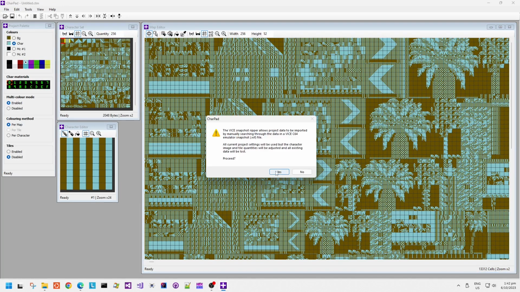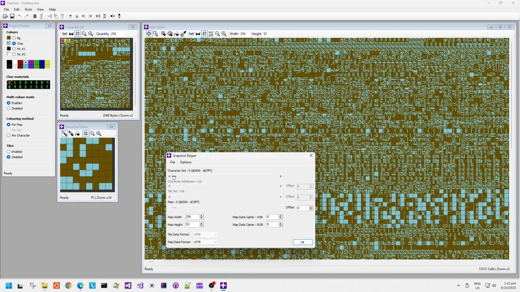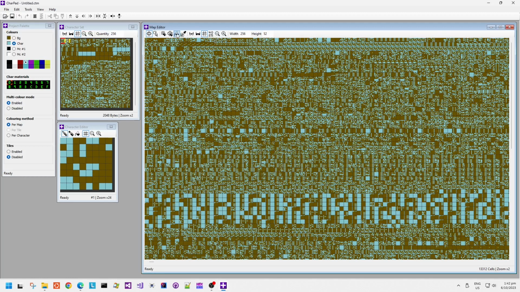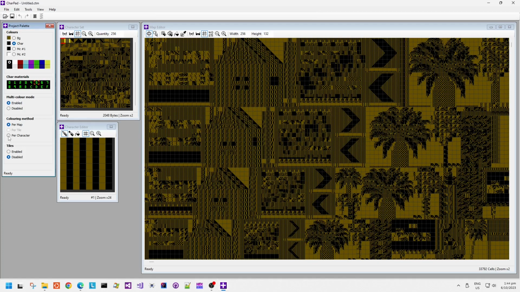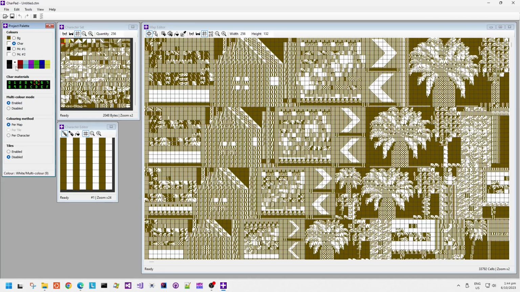So let's make this window bigger. Yeah, let's go back and do it again. I'm going to make the window, trying to remember how to use this tool now. No, I don't want to enable tiled mode. Multicolor mode is enabled. Make it easier to see, although you can see the chevrons really easily, right? And the trees are actually quite easy to see as well. The palm trees, they look like palm trees or pineapple trees, something like that. Ah yeah, this is how you change the map. Right, so let's change it to be,